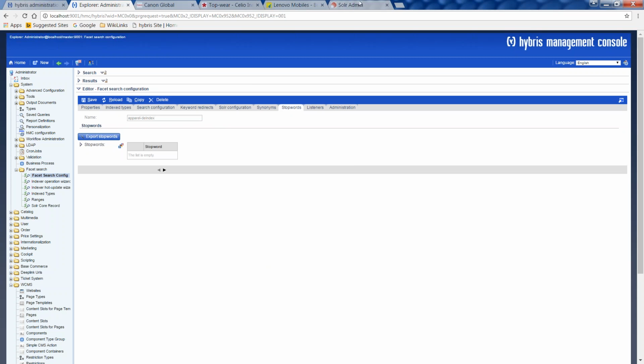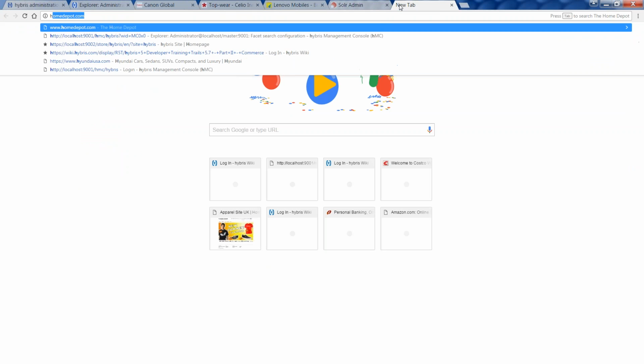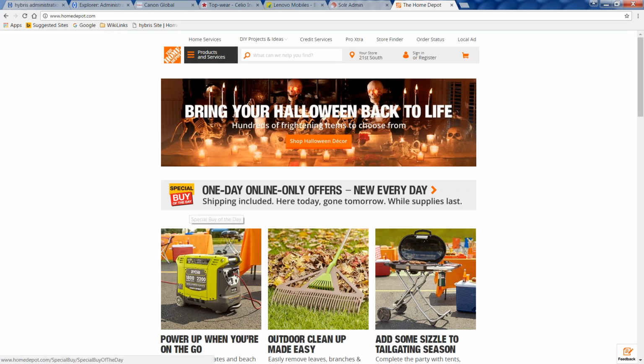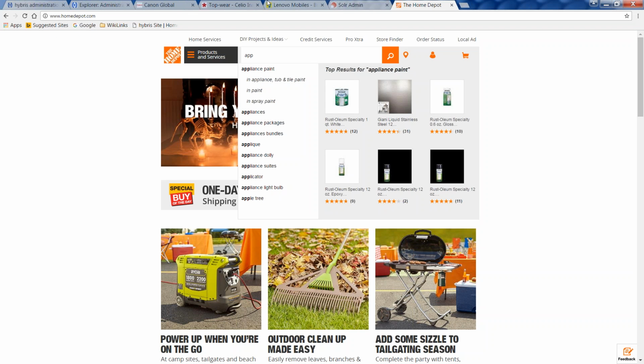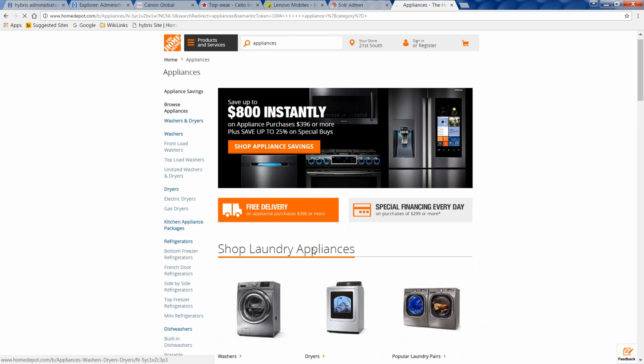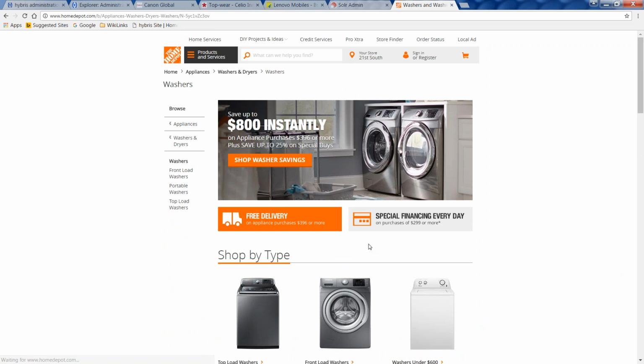See, if you talk about big projects like Home Depot, let me explain one simple example. When we implemented this for Home Depot, there was a separate search architectural team, because it was too difficult for developers to do everything. I'll tell you why. If you go to Home Depot and search for something like appliances, and go to some washers, and select some washer,